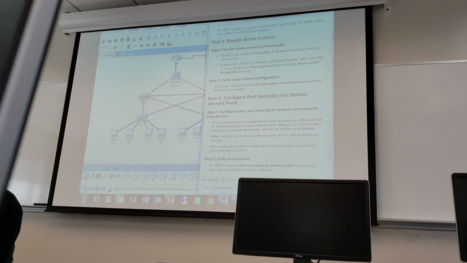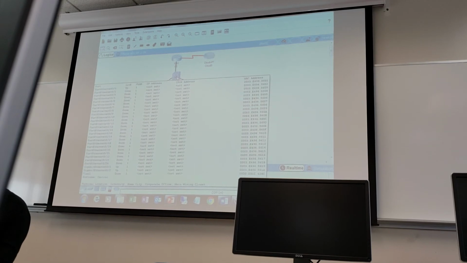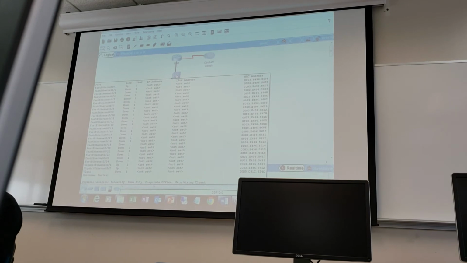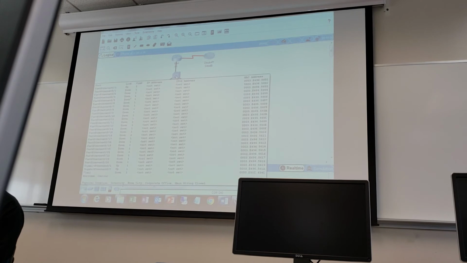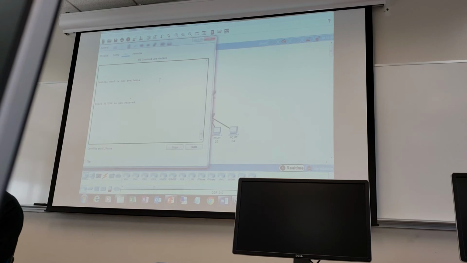So for central, if we go back here and hover over it, we have 3 interfaces that are up. F01 is tied to R1, and then these gigabit interfaces are tied to our 2 switches. So we need to do the storm control on gig 01 and gig 02. So when we bring up central,